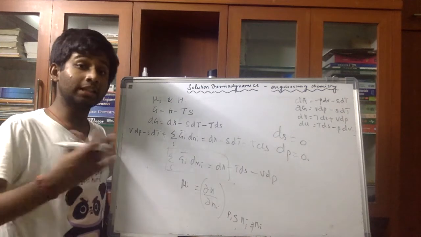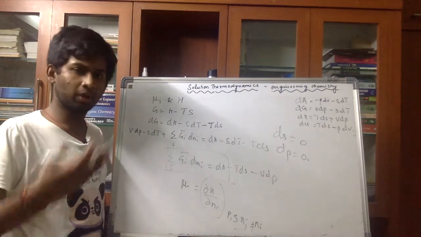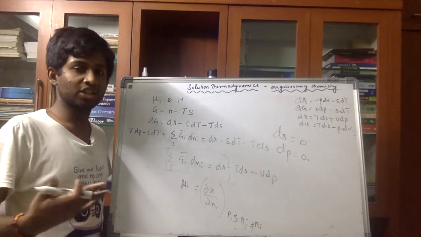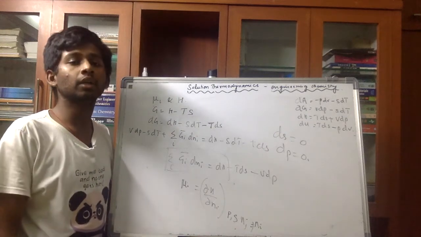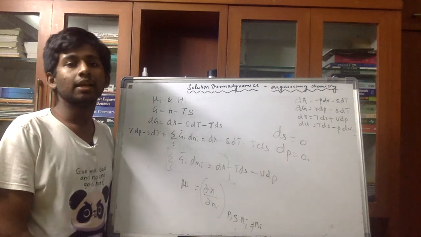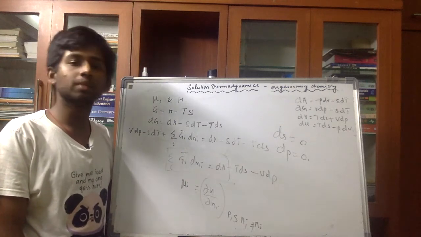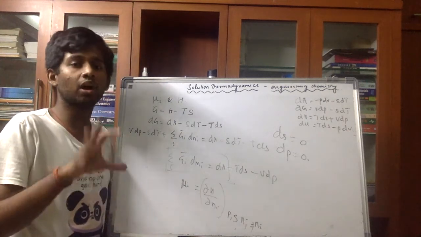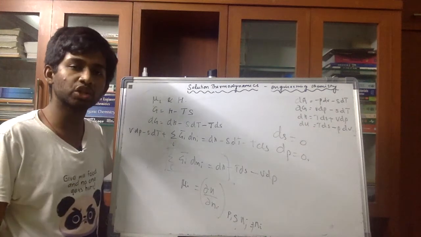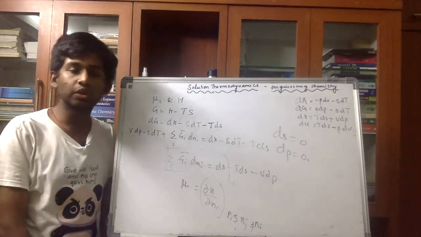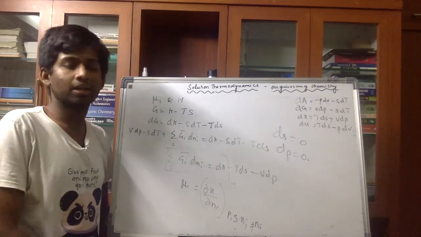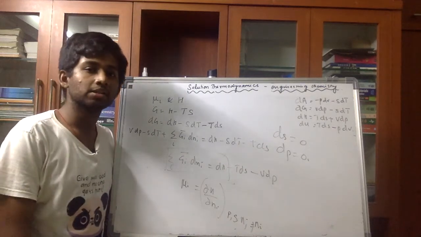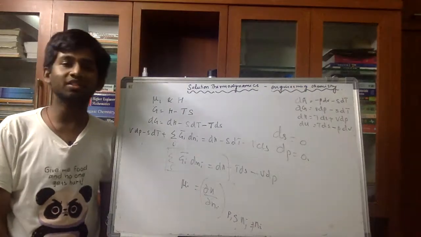So as I said, other details on chemical potential, about the properties, how it varies, relationships and all, I will be doing in the subsequent videos, but the next video will be about ideal solutions. And apart from ideal solutions, you will also be learning about Raoult's law, how it is applicable for ideal solutions, and then about actual solutions, followed by colligative properties, fugacity, and electrochemicals. There's a lot of topics ahead. Okay, so thank you. Please keep watching all the videos.